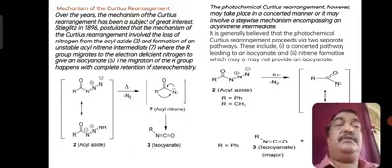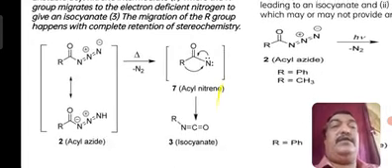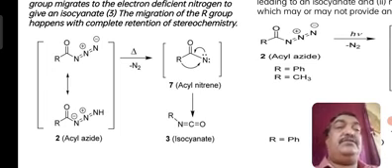Okay, so this is another method, the same as whatever I have discussed, but I don't want to take too much of your time. Otherwise, there are two other methods: one is by heating, another by photochemical reaction. The acyl azide RC double bond O N3, when heated, eliminates nitrogen and forms RCON, that is acyl nitrene. This undergoes migration of the alkyl group to give your isocyanate. So this is a simple thermal process.